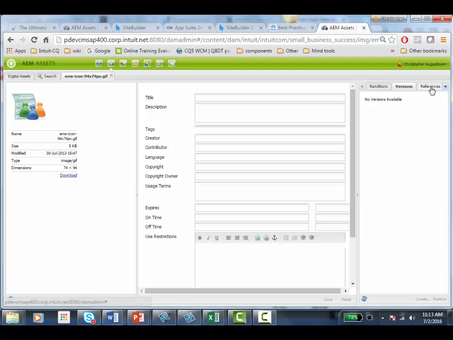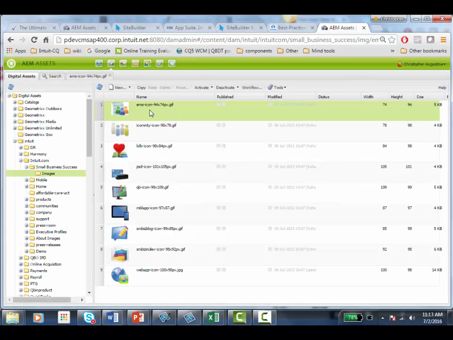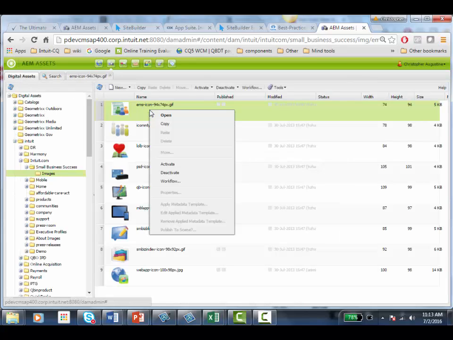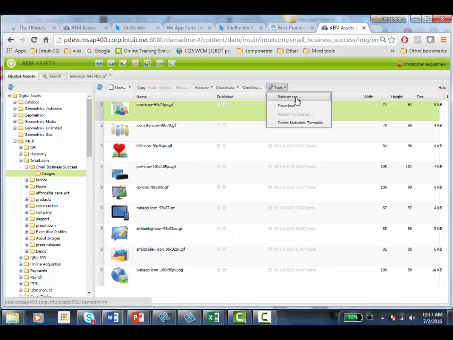So here is the References tab. And if this asset was in a web page, it would be referenced right here. And that's one of the ways you can figure out, is this asset currently consumed within a web page, which is an important thing to know. Another way to do it is right here. You've got all these options here, but if you just click on Tools, it also will bring up references. So it'll save you a click